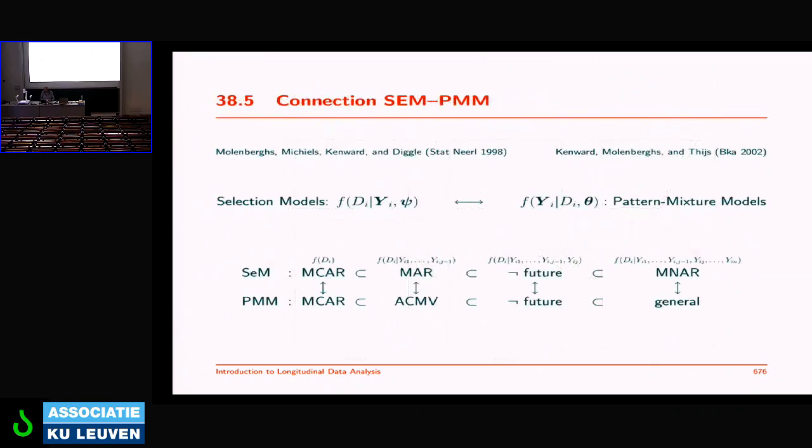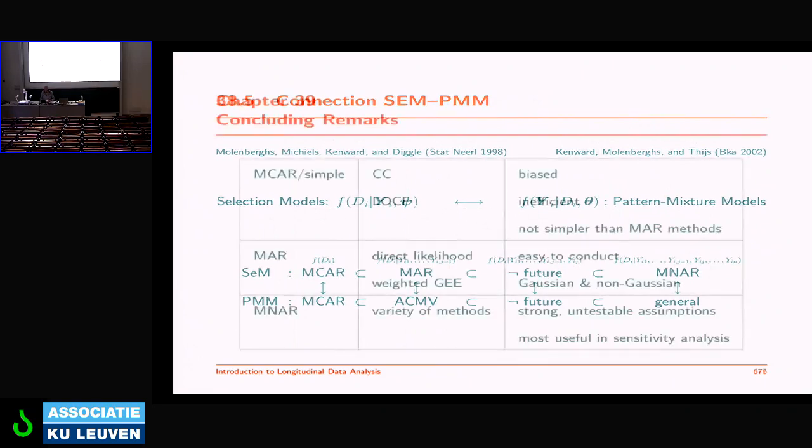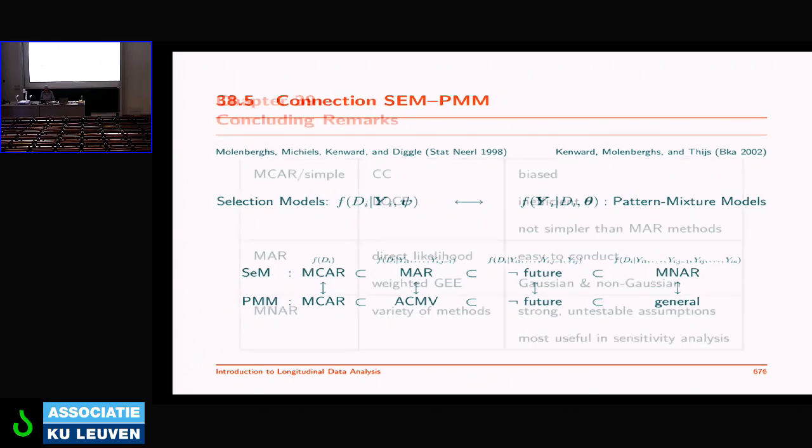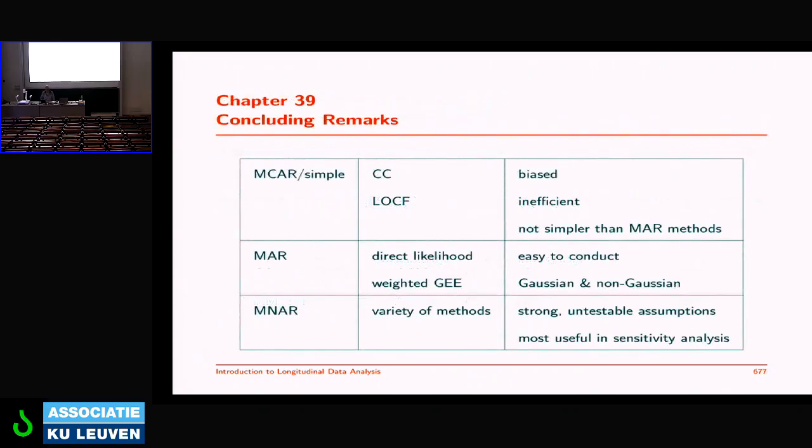Okay. So, in conclusion, we conclude that, as we have said before, pattern mixture models can be used in a variety of ways. They allow ACMV, they allow non-future dependence, they allow for the general mechanism as well, as we have said before. And as an overall conclusion about missing data, in the previous part, not in the current part,